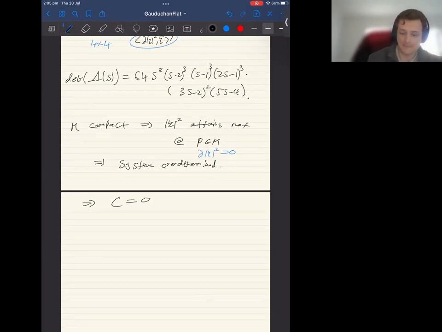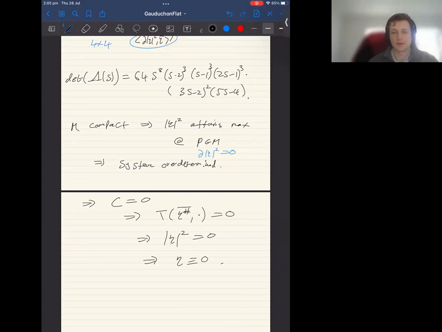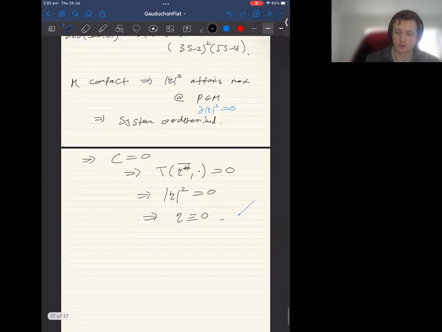Okay. Well, if C equals 0, that means that T of eta sharp bar, because it was the norm of this, is 0. If you take the trace of this, you get norm of eta squared equals 0. And because it was a maximum, eta is 0 everywhere. Okay. And then that proves the theorem because of what I mentioned before, eta being 0 gives us what we want. And so for M non-compact,